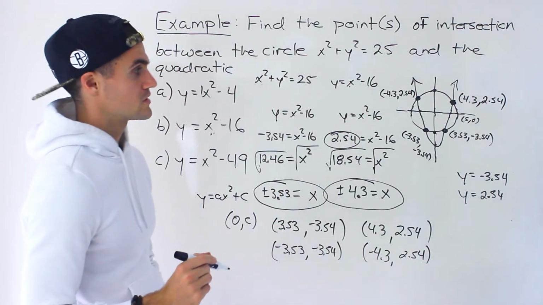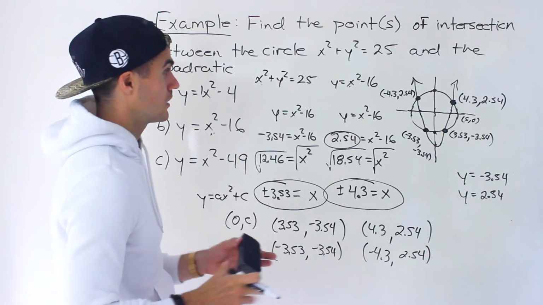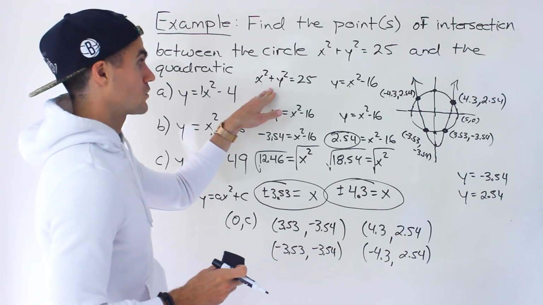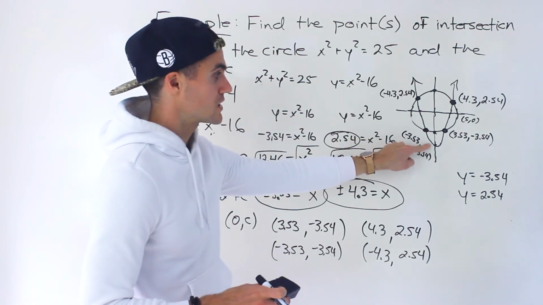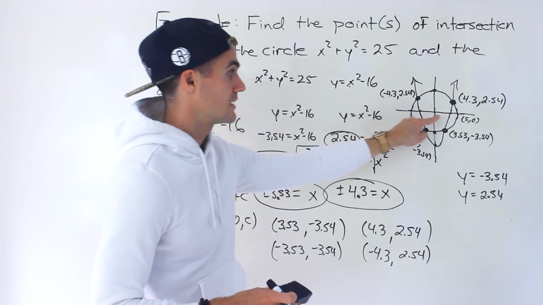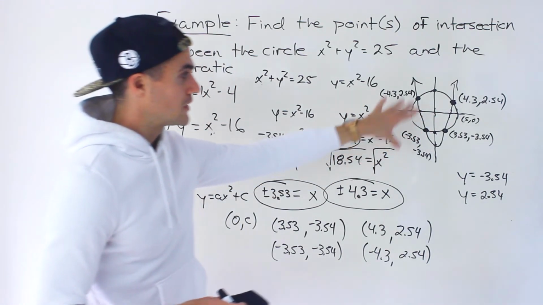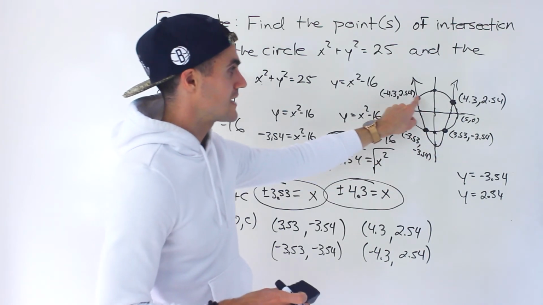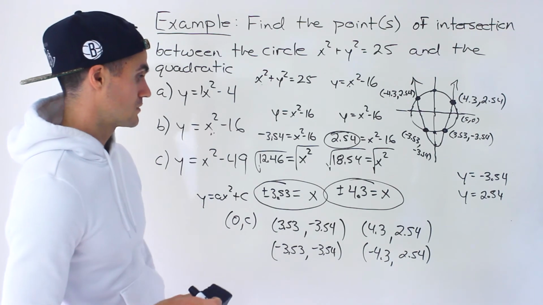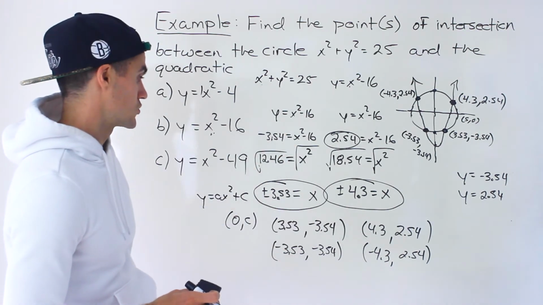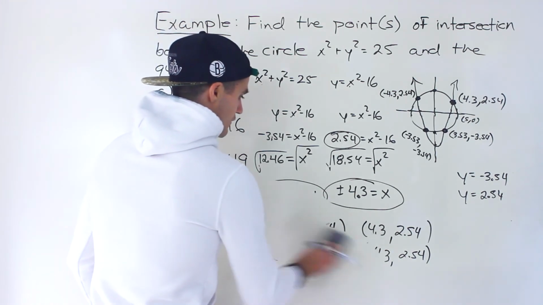Right, so 4 points of intersection, and again, according to the diagram that we made initially, where we graphed the circle, and then we took this quadratic, got some characteristics of it in terms of the vertex being at negative 16, in terms of the intercepts being at plus and minus 4, then when we connected everything, it made sense that we should expect 4 points of intersection. And we did get it algebraically. There was no issues with that. Okay, and then finally,